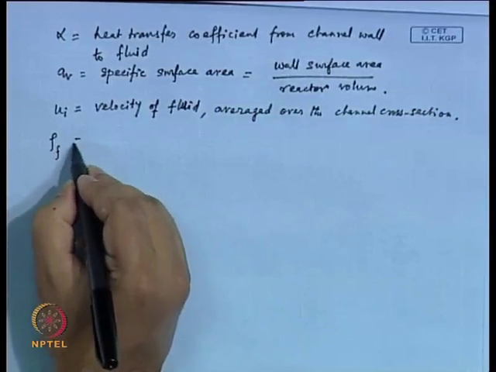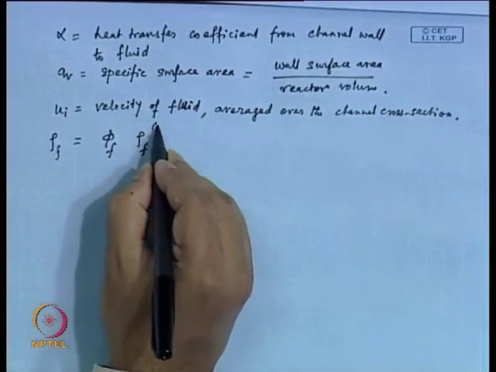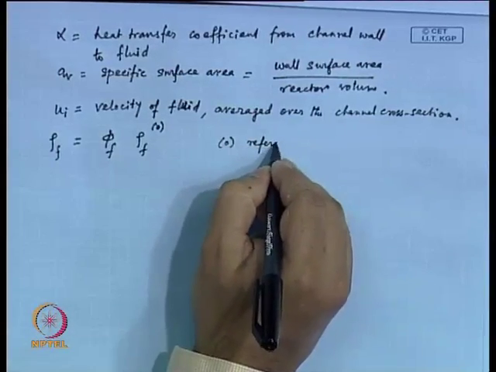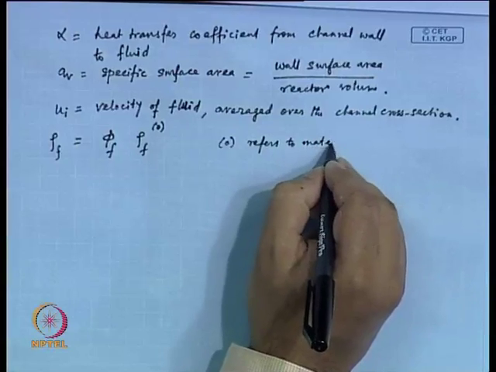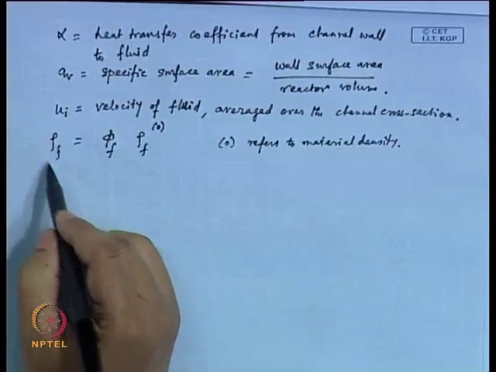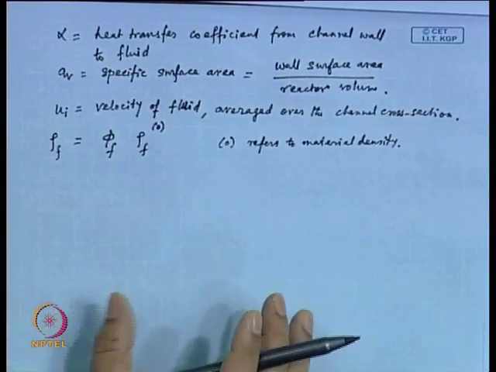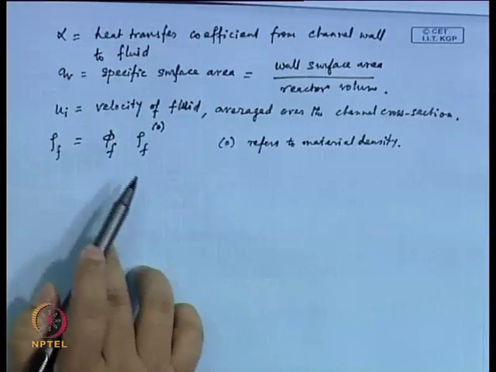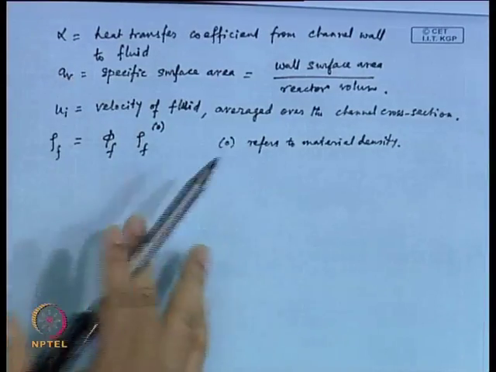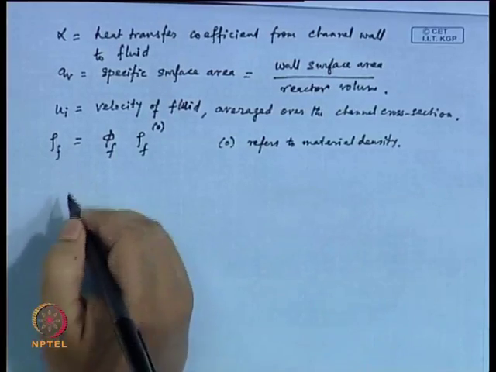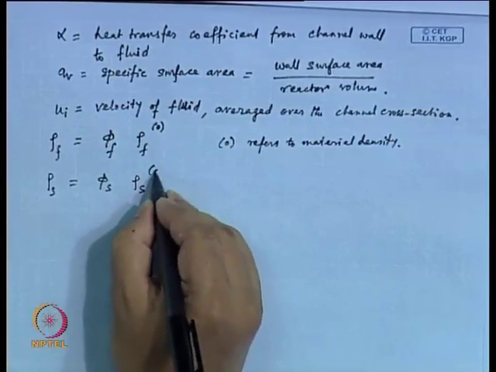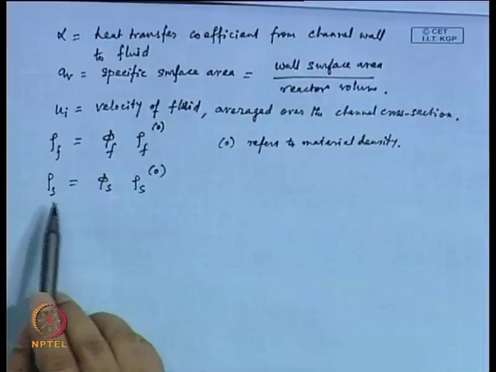Here rho f is equal to phi f into rho f0. Rho f0, this subscript 0 refers to material density, because we are talking about a rho f. So this rho f, as far as this bed is concerned, has to be multiplied by the void volume fraction or the phase fraction of the fluid, then you get the actual rho f applicable for this equation. Here we are working on a mixed mode. It is not very straightforward. You need to look into it very critically. We have rho s0. This 0 refers to material density. So rho s is equal to,